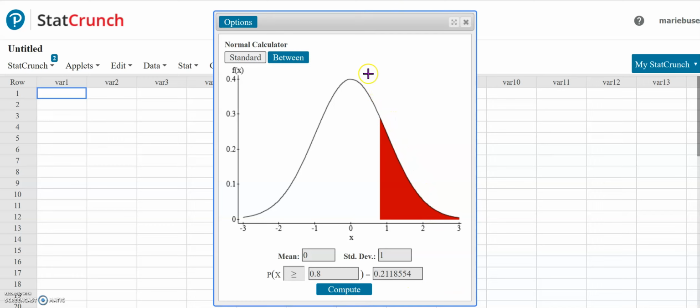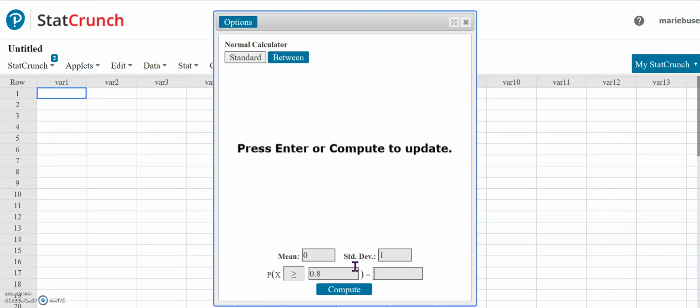Now you'll also notice that the diagram up here, this graph, is giving you a visual of what it's computing. So I have my symbol here at greater than, which is why the right side of this particular graph is shaded. Another thing that you can do is, let's say that the question asks you to find the z-score